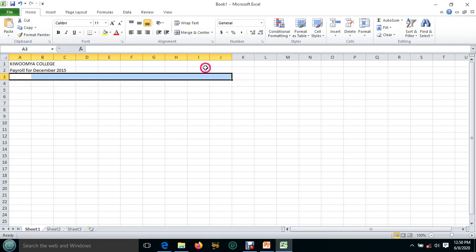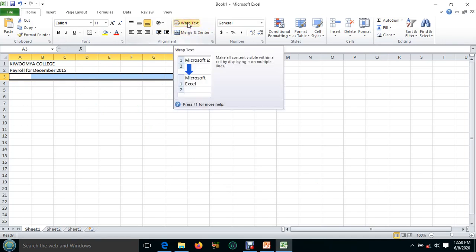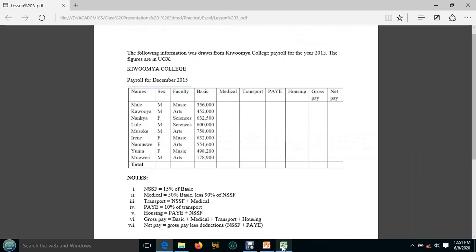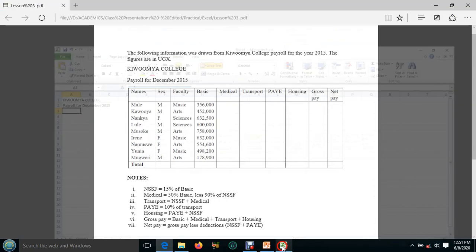Then you simply come here and say wrap text. So make all content visible within a cell by displaying it on multiple lines. So you can do that. After that, then come back and begin typing in your text. So the first one is names, sex, faculty, basic,